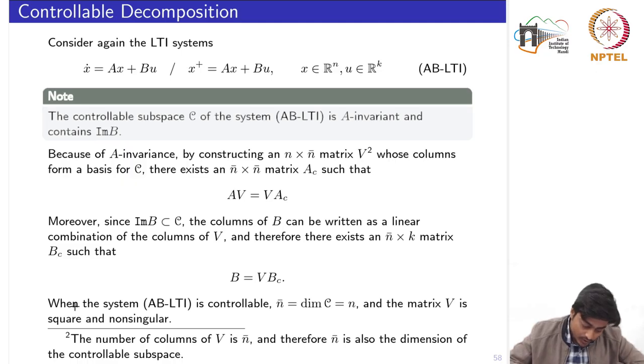So now this is an important point: when the system A, B LTI is controllable, you would have n bar equal to n, which is nothing but the dimension of the controllable subspace. And the matrix V in that case would be a square matrix, because the dimension of matrix V is n cross n bar. And V would be square if the system is controllable. Now here the question arises with what we have started, that if the system is not controllable,